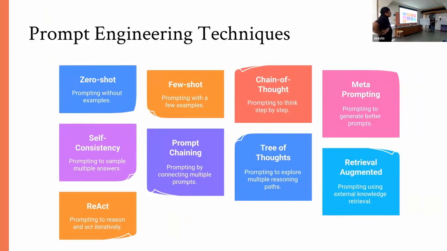Now, how do we construct a prompt with the following techniques so that you can get better results? There are a few techniques that have been developed by researchers and also by a few developers, who found how we can construct a prompt that could give better results. We'll cover a few of the prompting techniques today: zero shot, few shot, chain of thought, and self consistency. But there are also some advanced prompting techniques like prompt chaining or ReAct, Reason and Act, which could also be helpful if you are designing software. Okay, so we'll start with the zero shot and few shot prompting techniques.